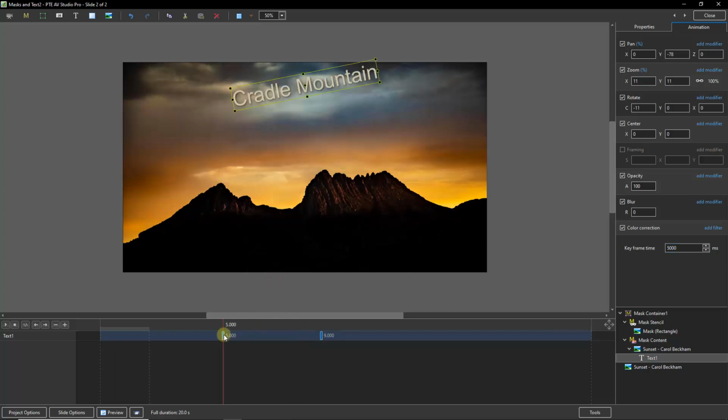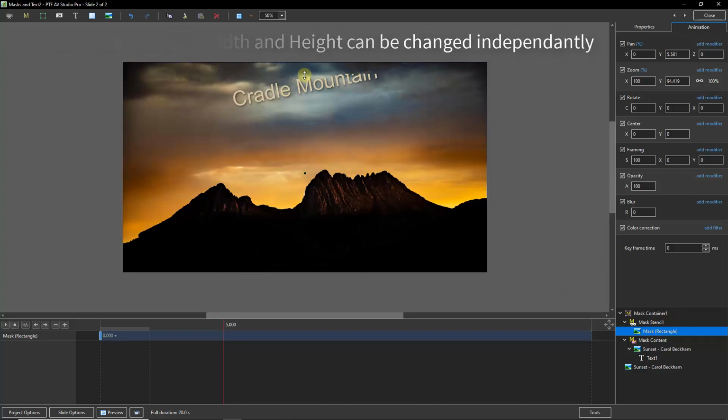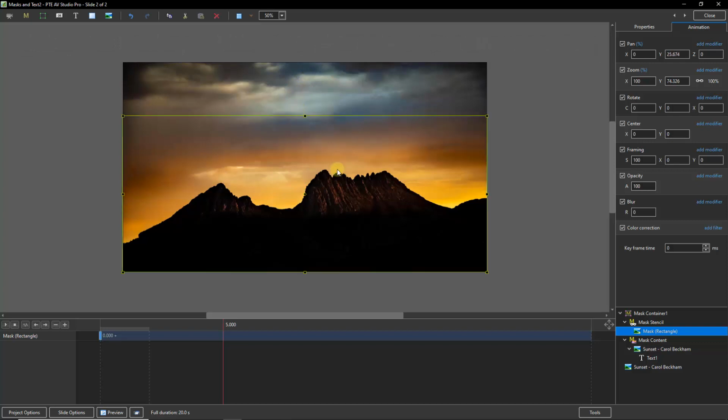So if we select the first keyframe, we can now go to our mask, select that, hold the Shift key, click the toggle at the top, and we can bring that down until it covers the text. And you'll notice as I did that, the edge was very sharp. Well, that's what I created. So why don't we go to our blur here. Let's put about 25 in the blur. I'll put my cursor back at the start here, press play,